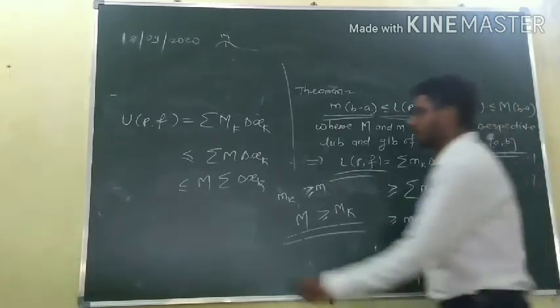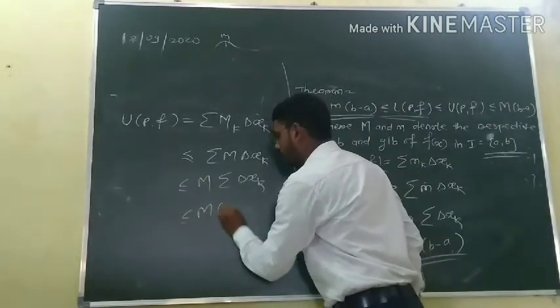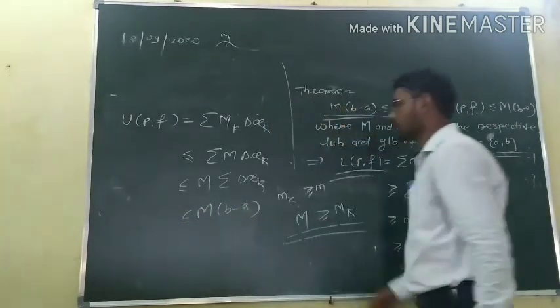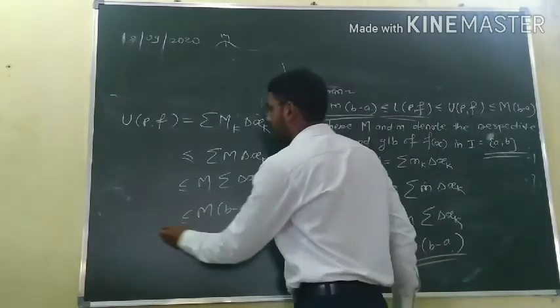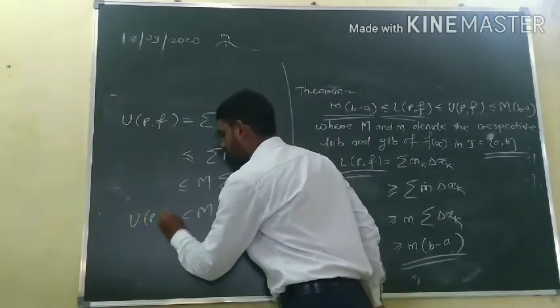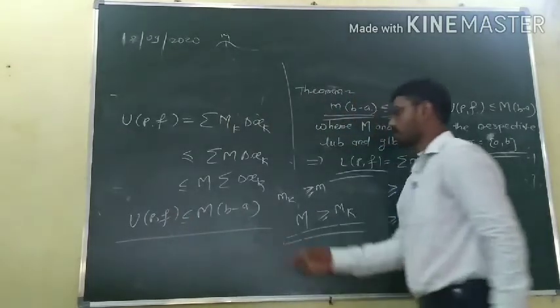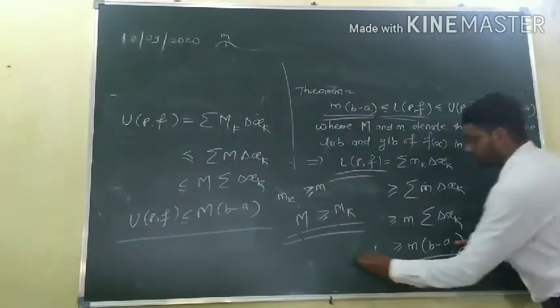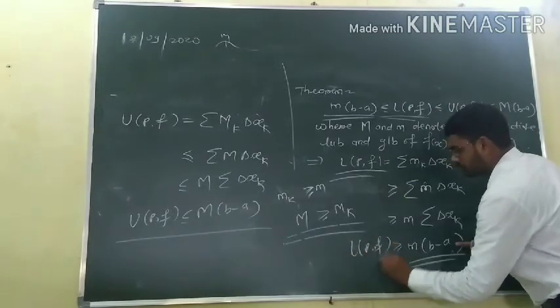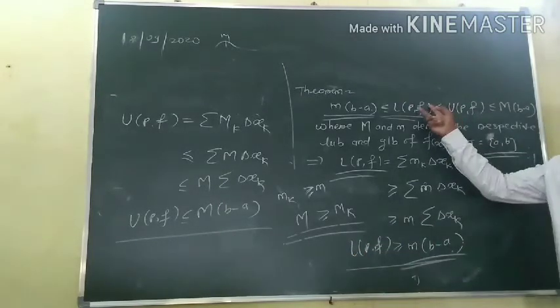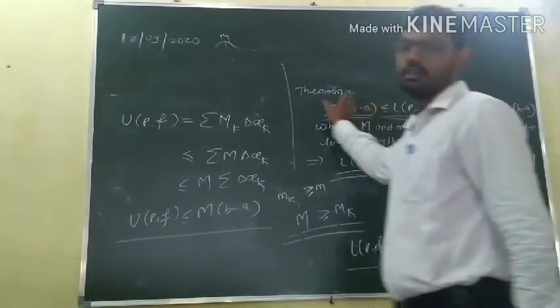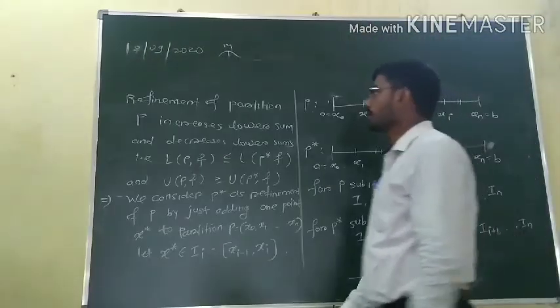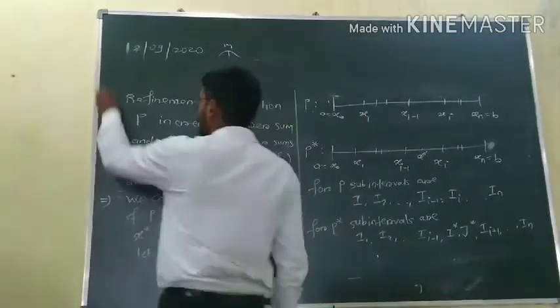This is less than or equal to M into (b minus a). So we can write UPF is less than or equal to this. Combine this condition and the earlier condition, and you will get our required theorem. Okay, clear? Next important theorem is